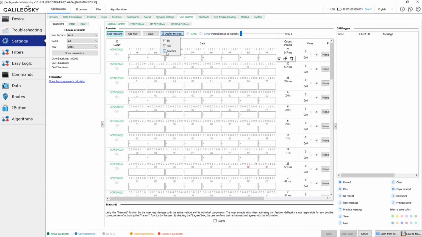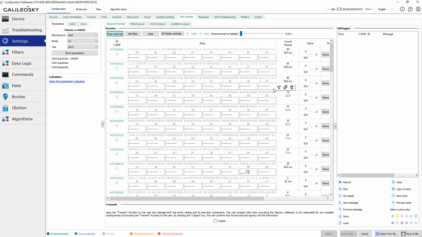You can also enable the graphical representation of the data. Graphs show the evolution of the data during the last 10 seconds. In the Count Period column, you can see the message receiving period and how many messages were received. You can choose from 1 bit and up to 4 bytes from the message, and the graph will be updated